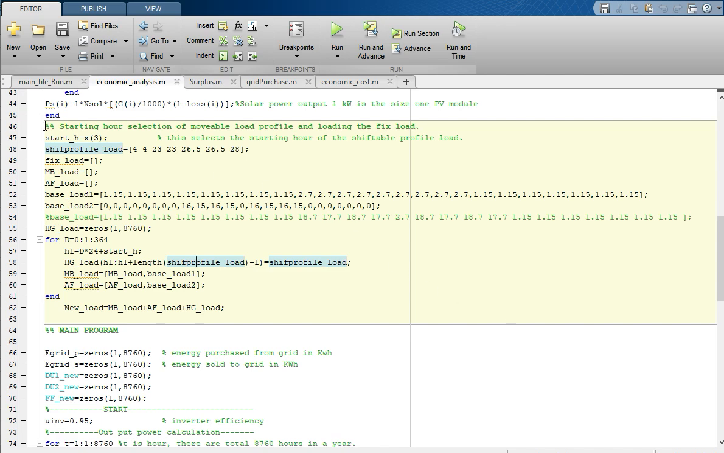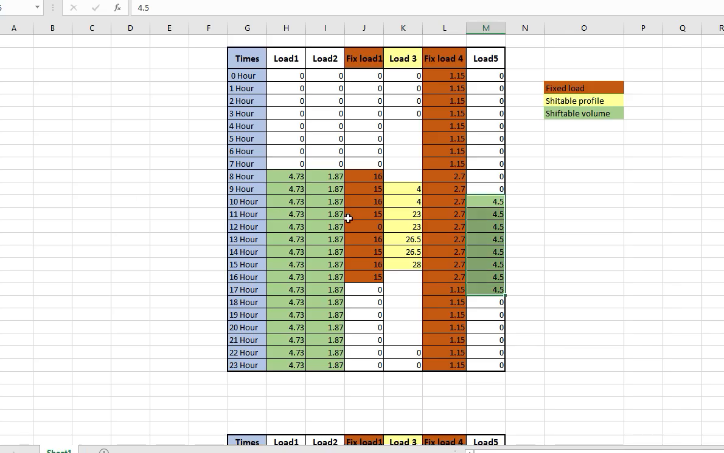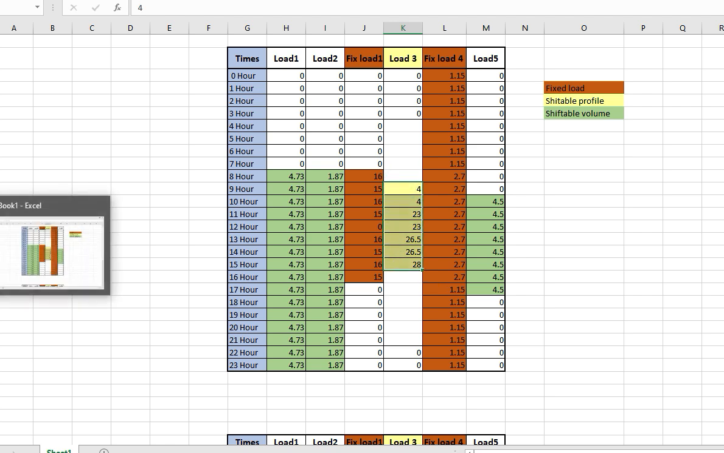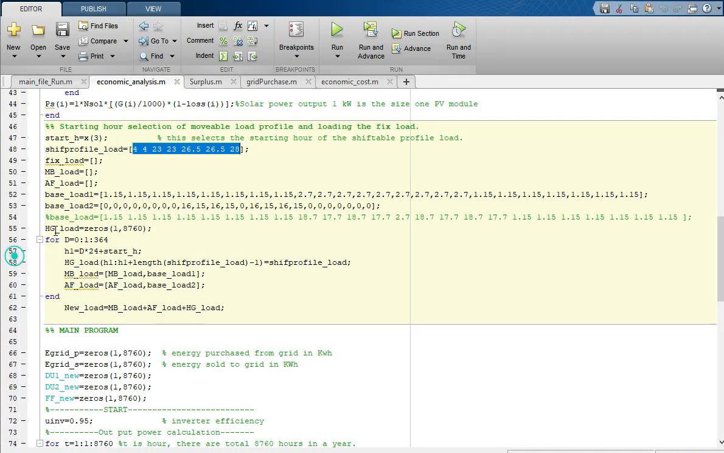So this section is for the load. This one is stored in an array. This is a shiftable load, a shiftable profile load. Here the start R is decided by the optimization algorithm, and initially we have declared the MB load and the AF load, which are fixed loads,